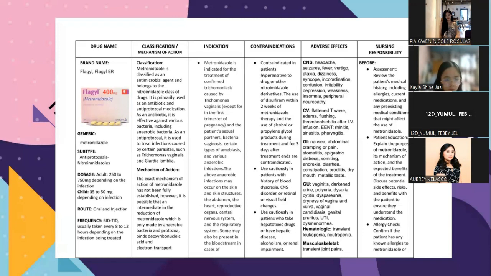Next is the genitourinary or GU. Metronidazole can cause various effects on the genitourinary system. So this includes vaginitis, inflammation of the vagina, dark urine, polyuria or increased urine production, dysuria or painful urination,